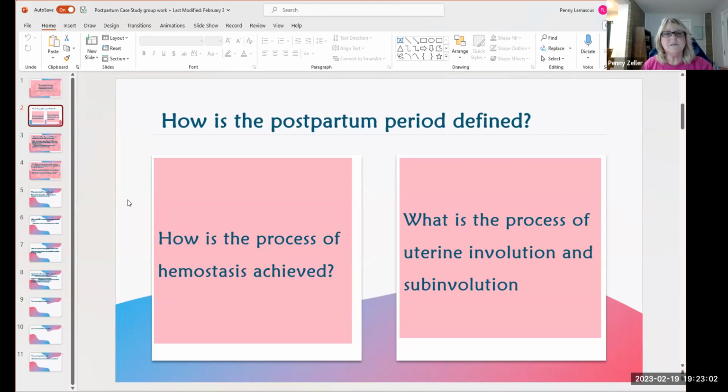So hemostasis is a term we use for the ability of the blood to clot and the ability of the blood to dissolve those clots. So back and forth. This is what the body's always doing. Okay. So what is the process of involution? It's the contractions. So where would you expect to see the fundus if your client is 30 minutes after delivery?